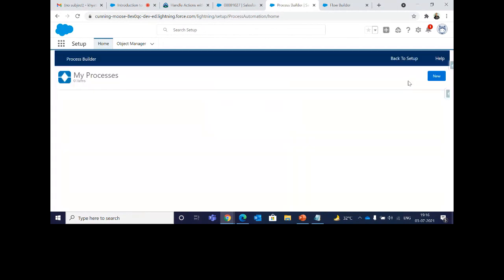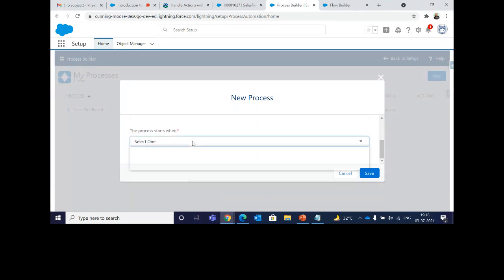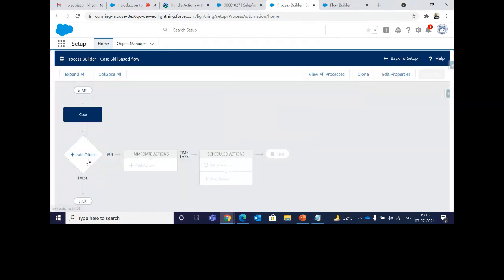Go to process builder, create a process builder, skill based flow, give the record, save, give the object, which is case, click on save.